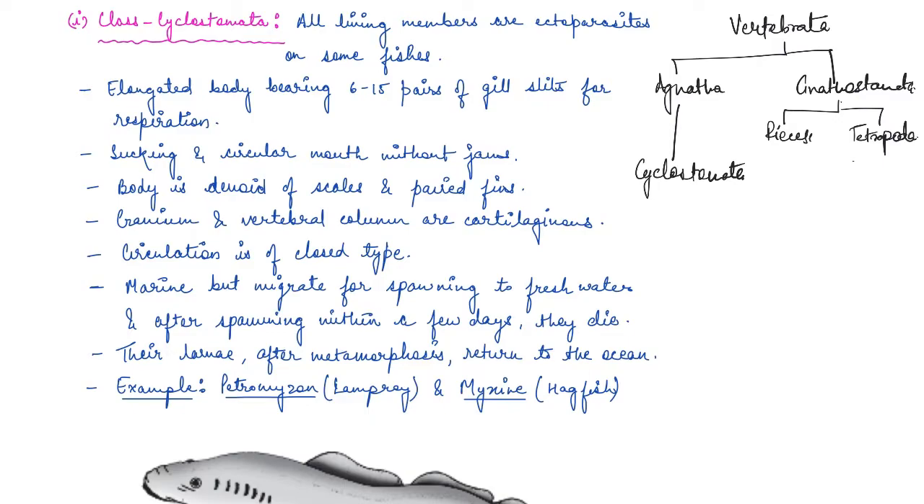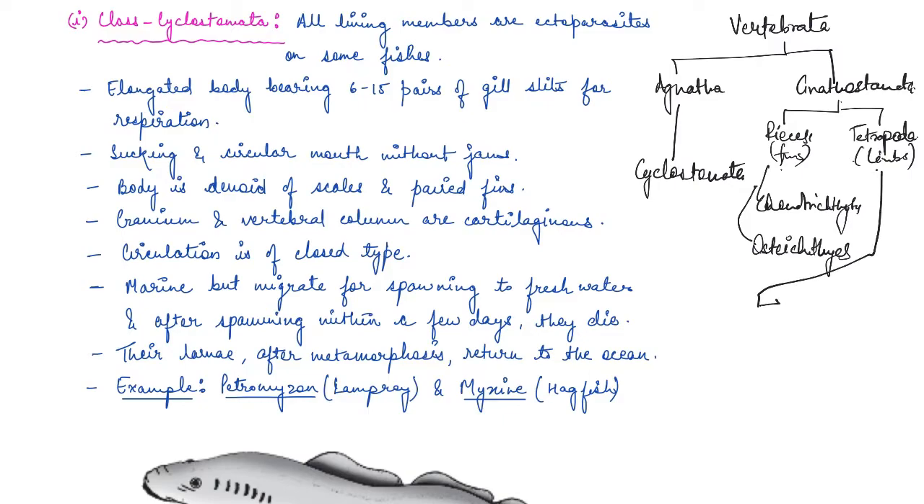So basically Pisces have fins and Tetrapoda have limbs, right? And Pisces again has two classes, Chondrichthyes and Osteichthyes. Okay, and Tetrapoda again has different classes. So it has four classes: Amphibia, Reptilia, Aves, and lastly